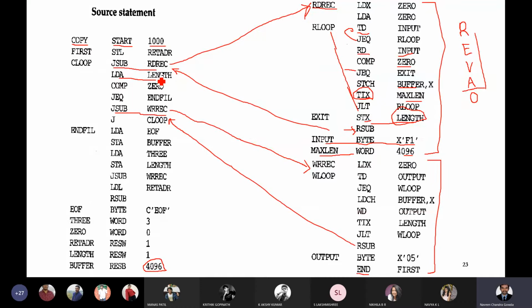The current value of length is put into the accumulator register. In my example, the length is 4 because 4 characters were read, which is REVA. So the value 4 is pushed into the accumulator register.